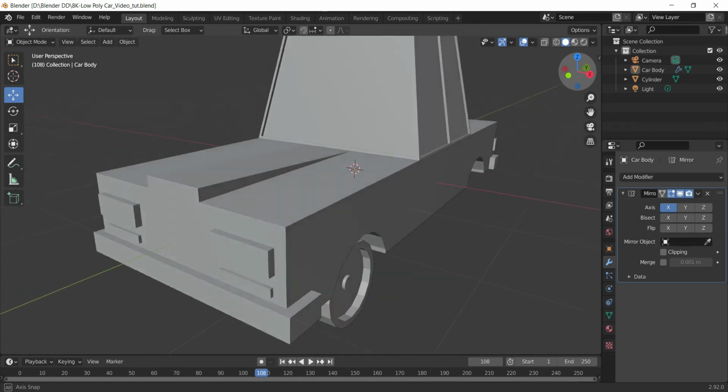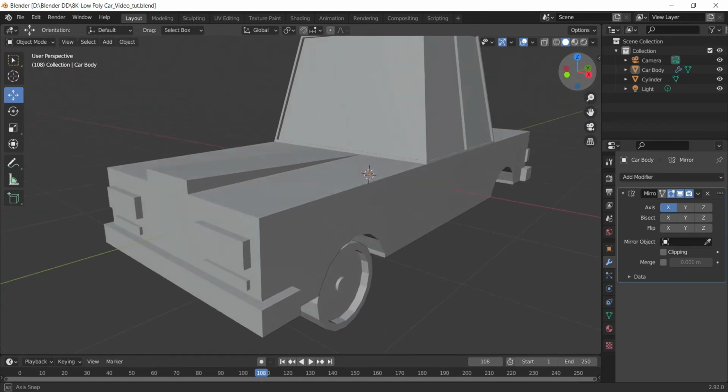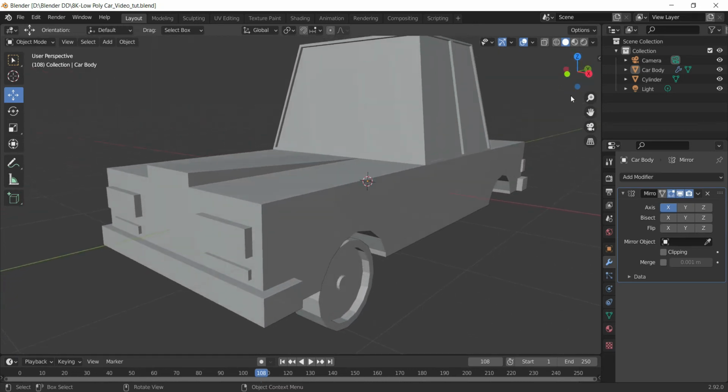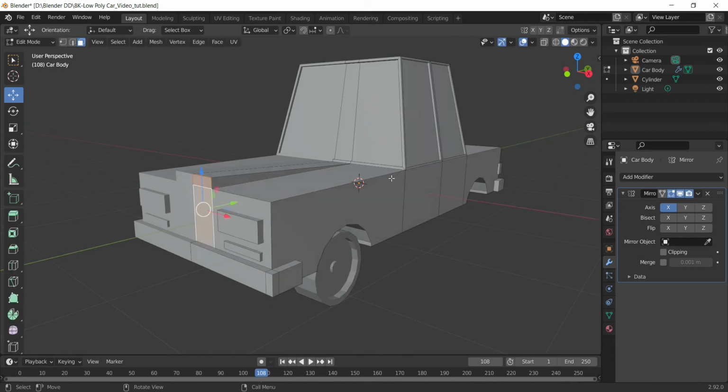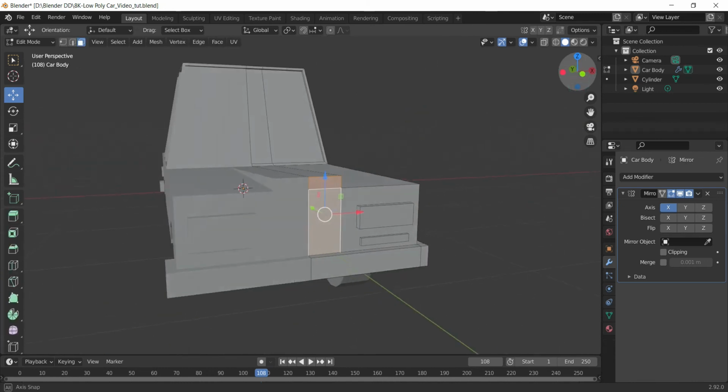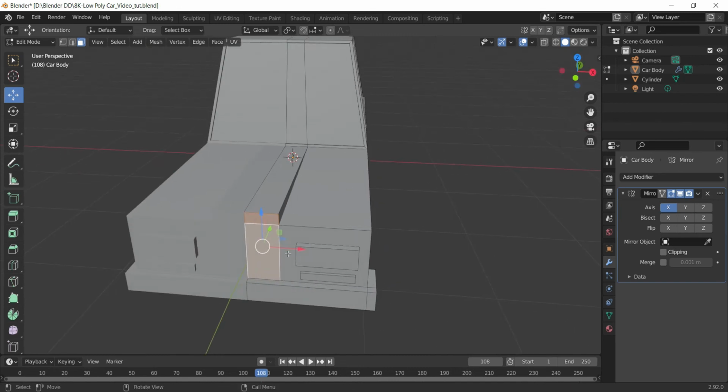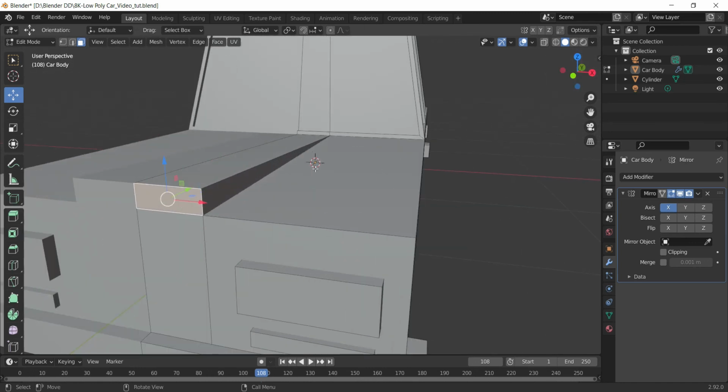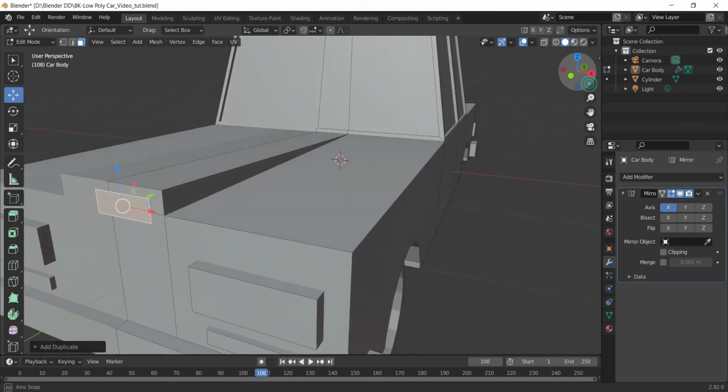Now I'll add just one last thing and then we'll be finishing the modeling part. So here in the center, I will be adding a grill because usually the engine is in the front and it has an exhaust system so that the heat can be vented out easily. Now to create the grill, what I'll do, I'll select this face and I'll duplicate it with Shift D. So I'll do that and pull it outwards like this.